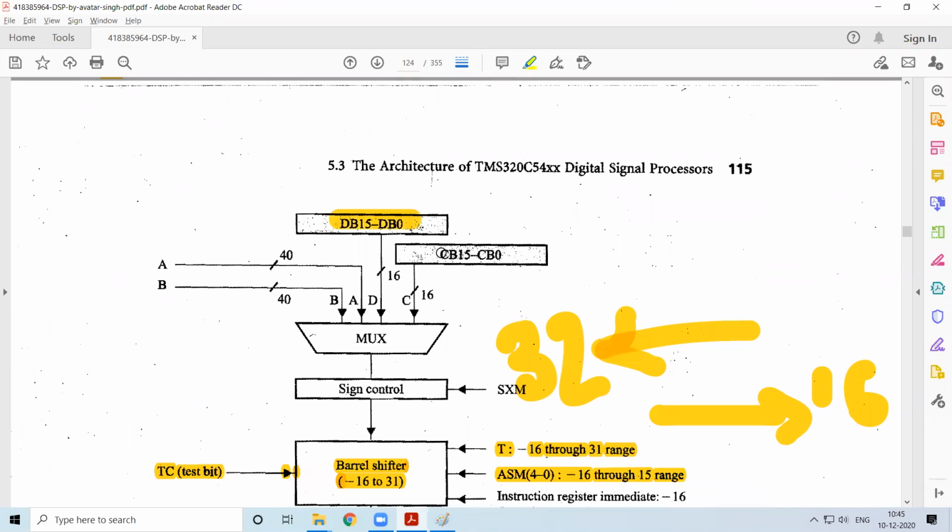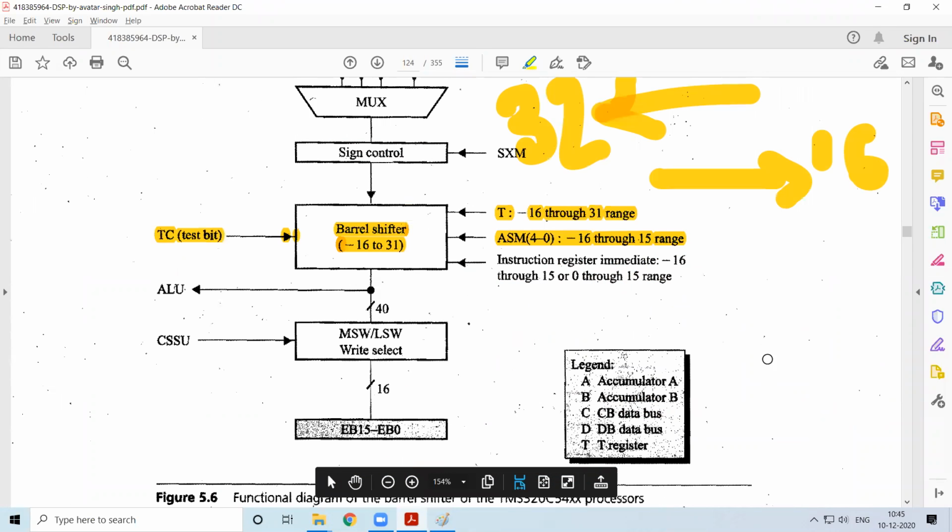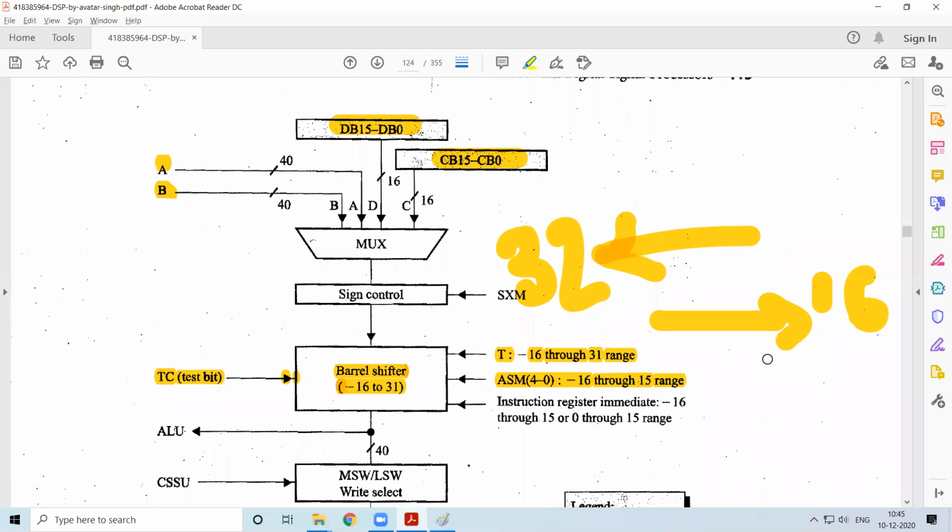So you have two data from the memory location C and D. You have two accumulator information. So you can see that all these things are present, and how the sign has to be controlled when you're shifting it. If you're using unsigned numbers, if you're shifting it towards the right, you store 0 in the MS bit. If you're shifting it towards the left, you store 0 in the LS bits.